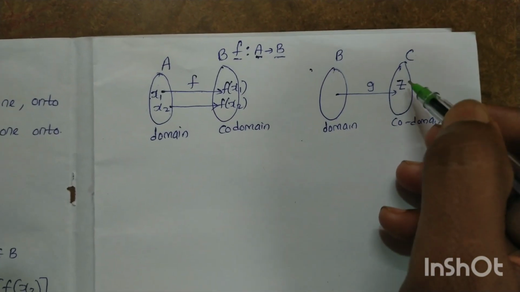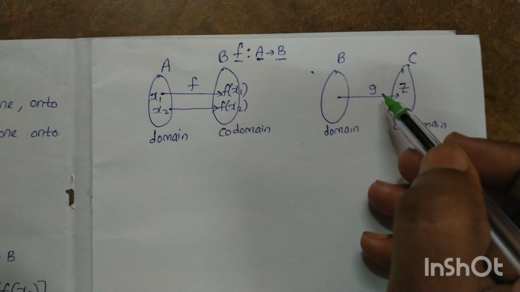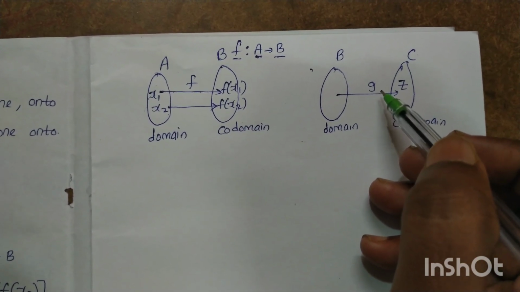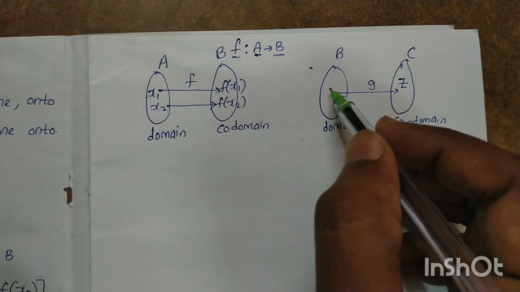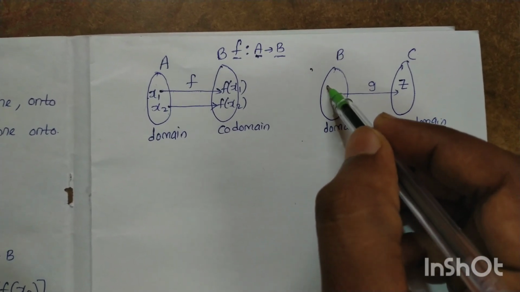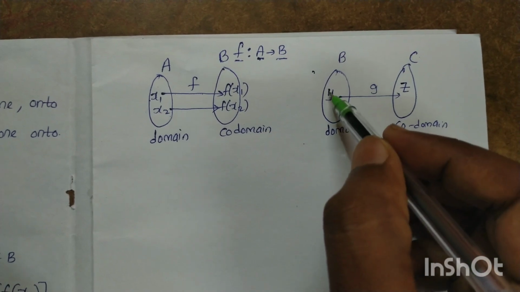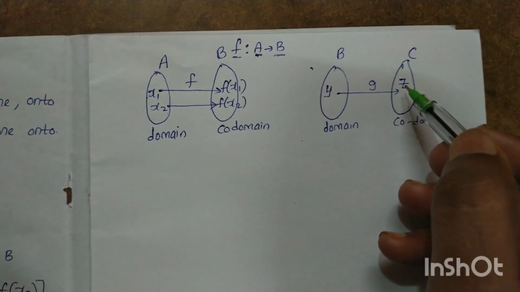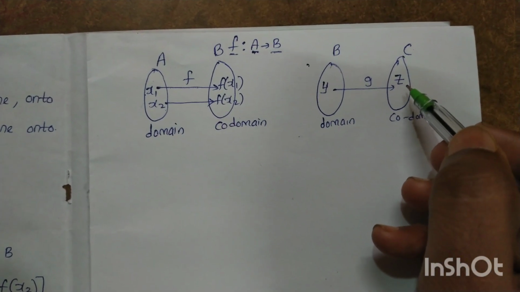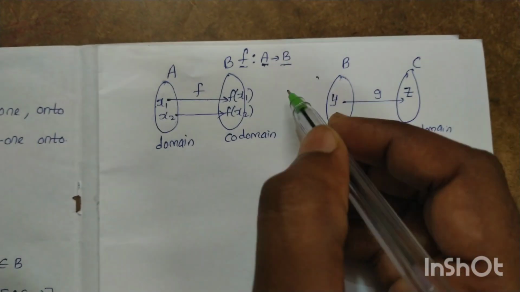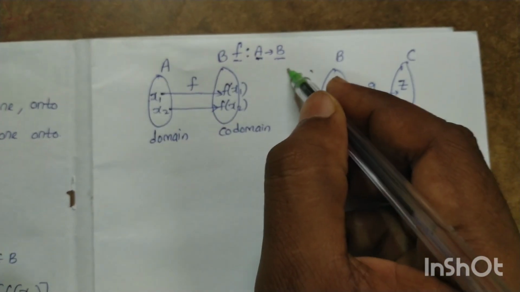If z belongs to C, and they have given that g is an onto function. If g is an onto function, compulsorily one element should be there. Whenever there is one element, I am assuming it as y. So y is mapped to this z. Similarly, here also we have one function. Here, if you keep a,